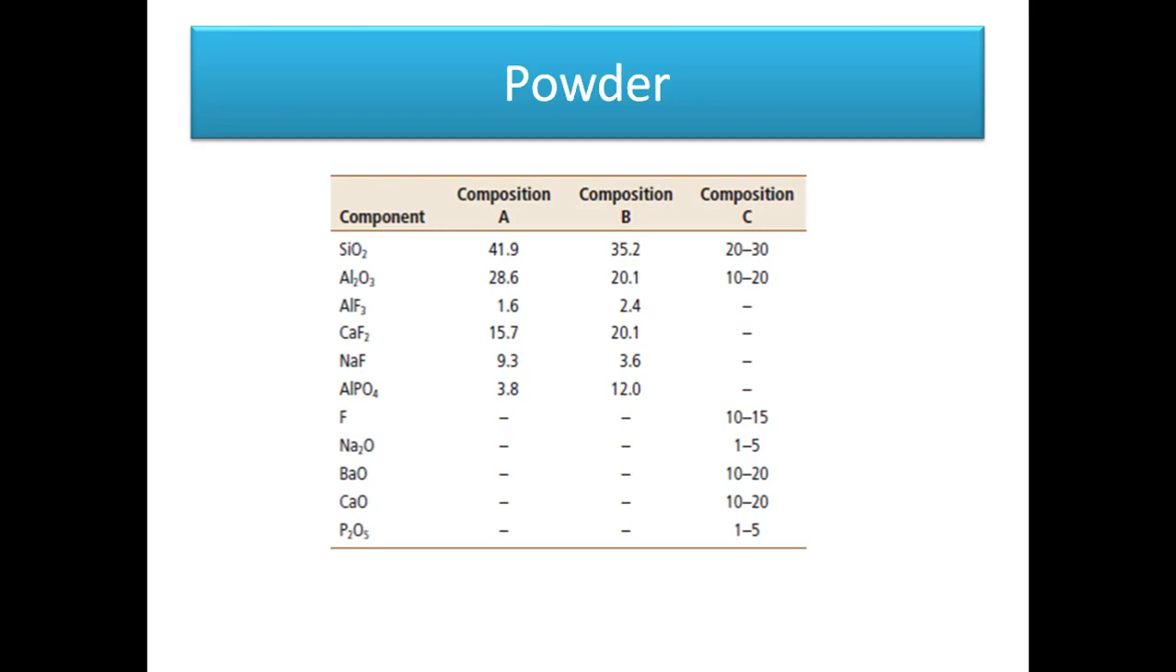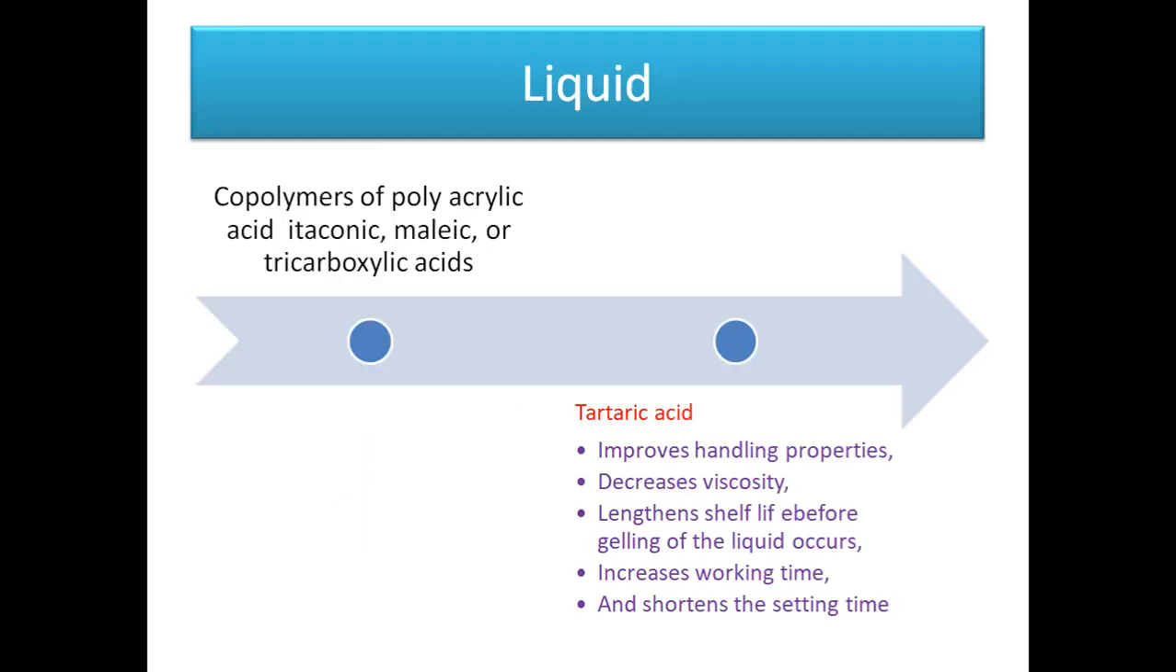The glass is mainly composed of ion leachable glass, which consists of silica, alumina, aluminum fluoride, calcium fluoride, and sodium fluoride. The ratio of alumina to silica indicates the reactivity of the glass. The liquid component consists of